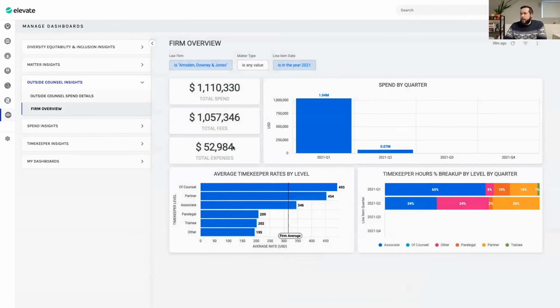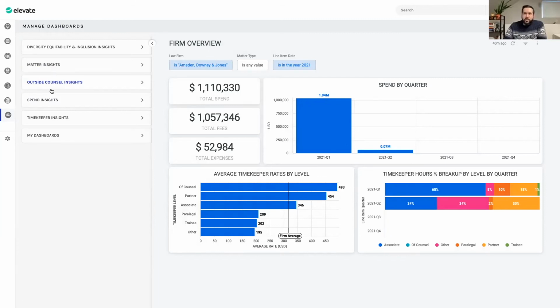monthly. And then I also have the ability to build custom dashboards ad hoc very quickly and easily using any data source, either contained within our ELM or third-party data sources like third-party e-billing systems or finance systems that push data to our managed dashboards module. That gives you a general flow of how the ELM can be used in this